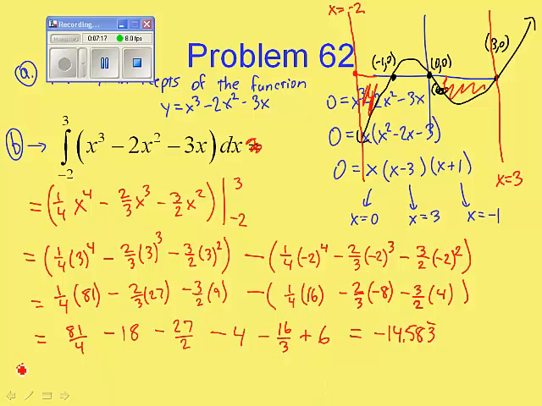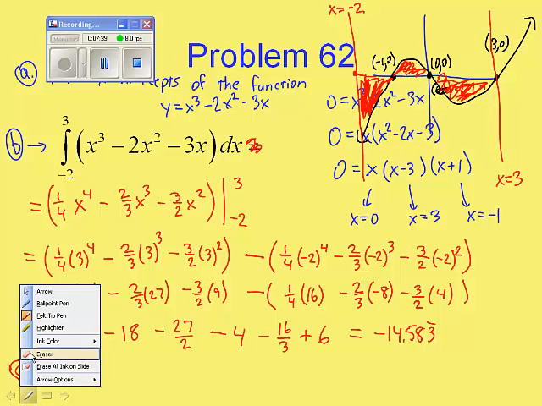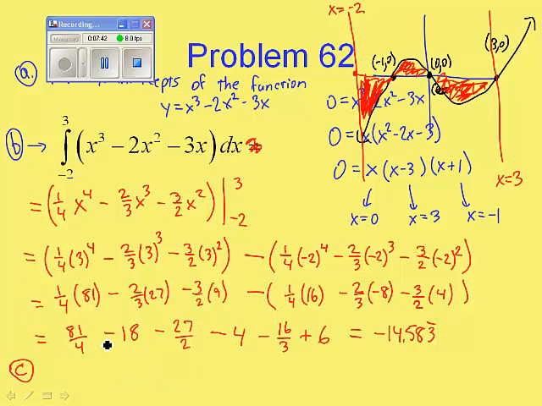Now part C says, hey guys, I really want to know how much area this is in red. So my question is, how do you do it? You can break it up into 3 different sections. That's right. Use absolute value. You could also use absolute value. That's right. I mean, basically,